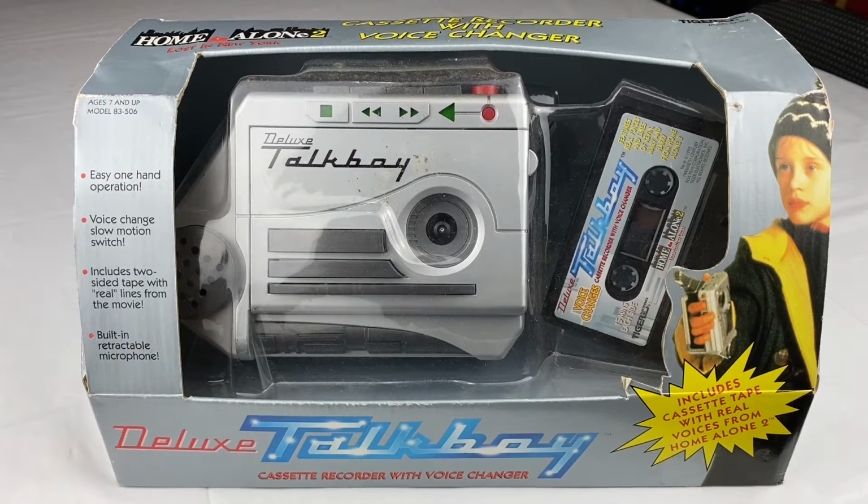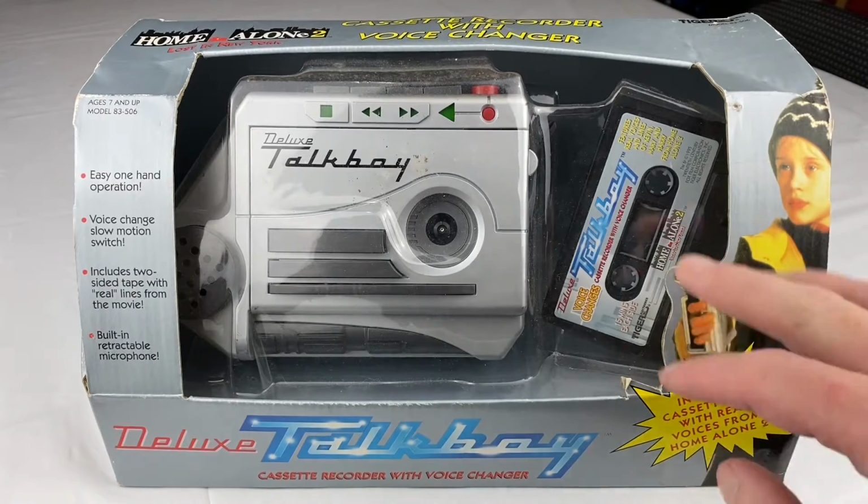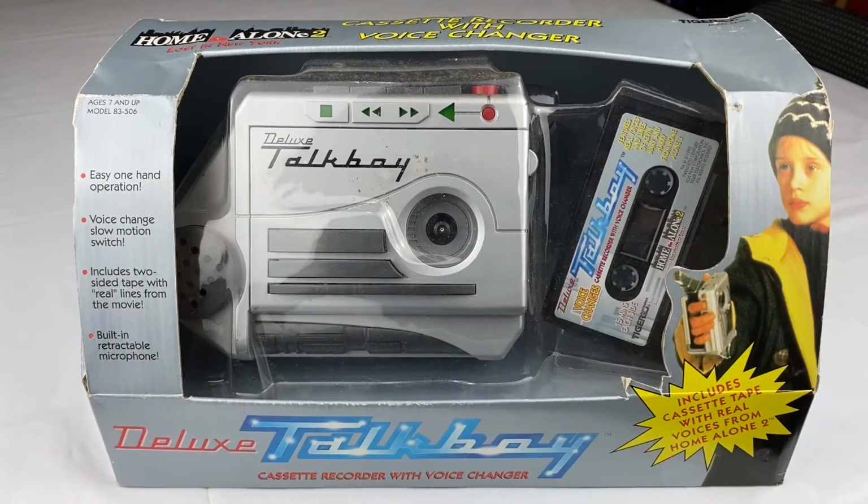And today we are taking a look at the Deluxe Talkboy. This is based off of the Home Alone 2 movie with Kevin McAllister. He had this little gadget, and it was quite useful throughout the movie. Every kid that watched the movie saw that, and they wanted it. And so back in 1992,